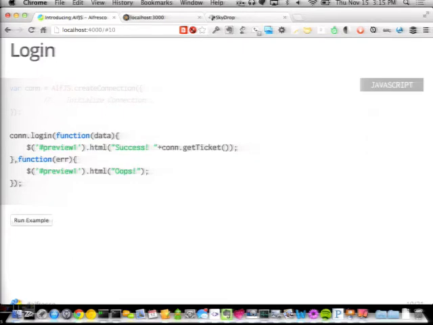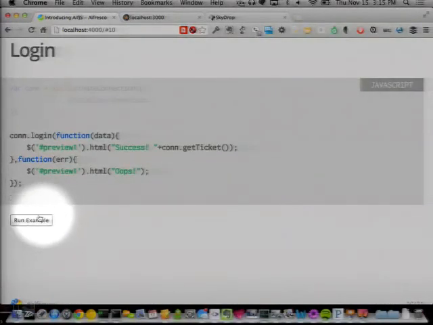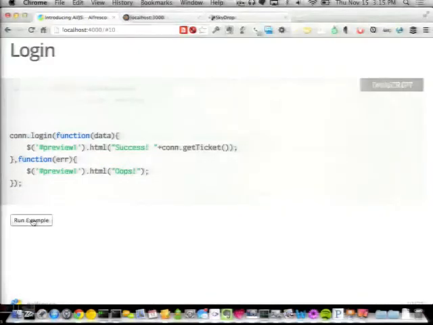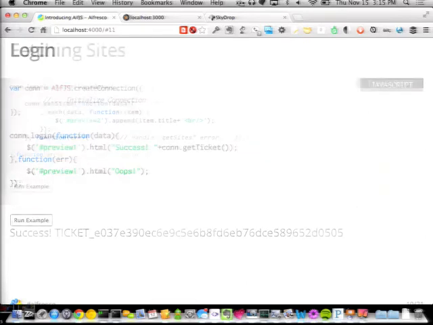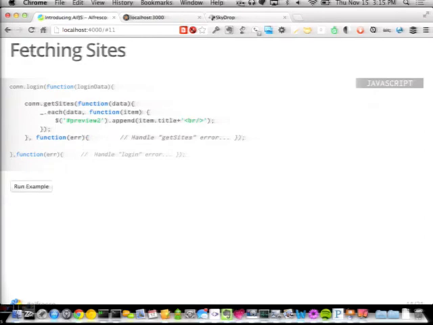But the cool thing about this way of presenting the library is that there's this rather conspicuous looking run example icon or button right there. This is an HTML5 presentation that actually has AlfJS loaded in it, and it's already pre-configured to hit my Alfresco server. So in theory, assuming I haven't broken anything, I hit that run example, and we're actually doing a live call against AlfJS, and it's saying, hey, here's the ticket, right? So AlfJS works. Yay.